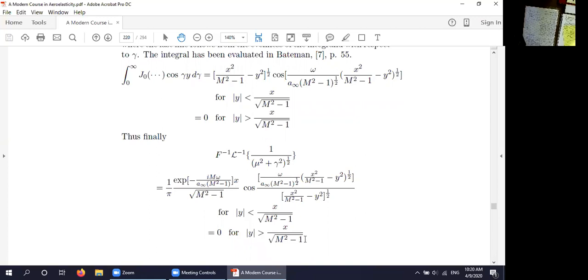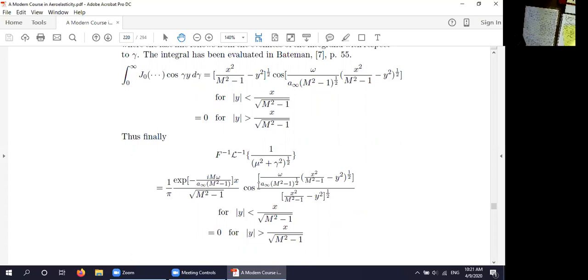Okay? And note that although we had a Bessel function a moment ago, now this expression is entirely in terms of what I will call elementary functions. It involves an exponential and a cosine. That seems paradoxical in a way. It seems like we've ended up with functions that are easier in 3D flow than in 2D flow, but that apparent simplicity, in fact, is quite deceiving.